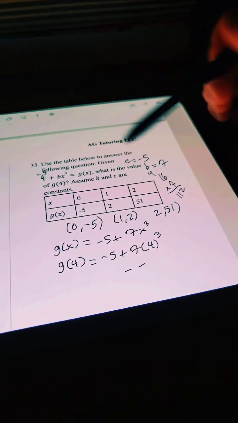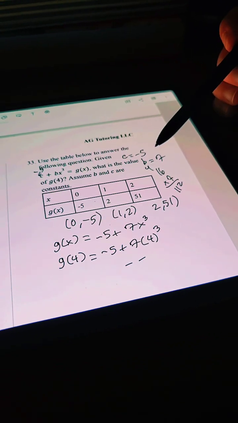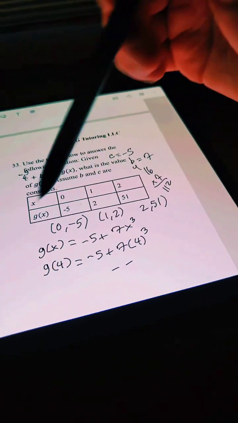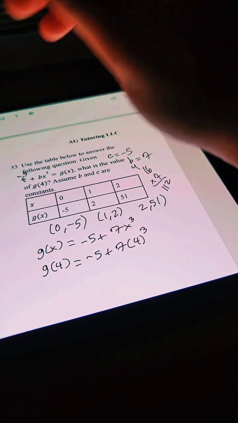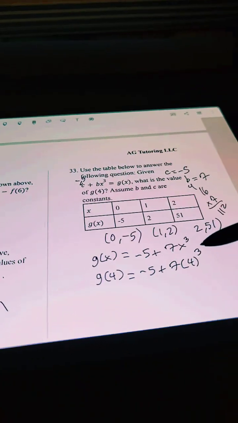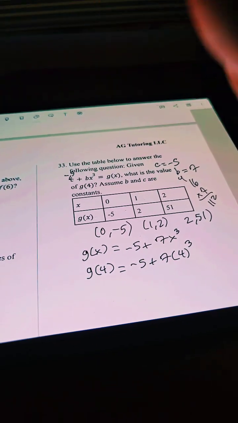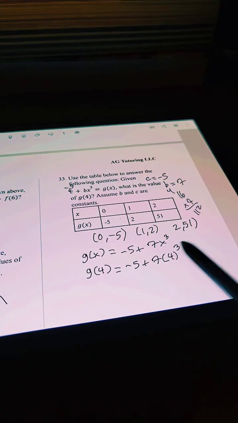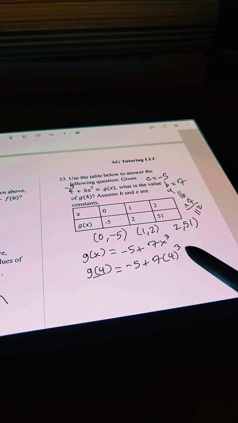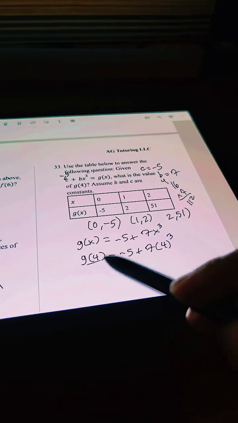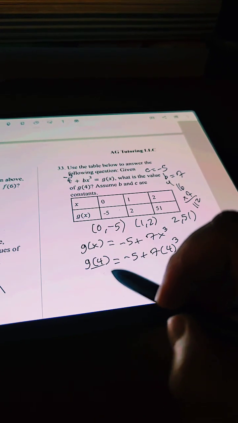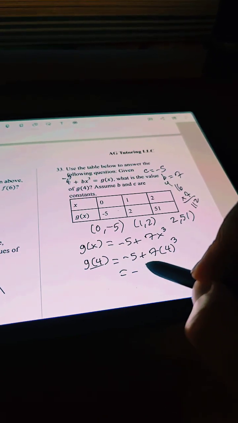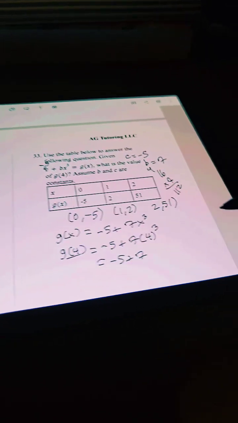Cubed. Did I do that when I was solving for, well, actually, it doesn't matter, when I was solving for b and c. Okay, so now it's going to be cubed, sorry, is what I meant to write. So we're going to plug in 4 everywhere that we see an x, and it's supposed to be cubed for the function. So it looks like this, and then we're going to now say, okay, I have -5 plus 7 times